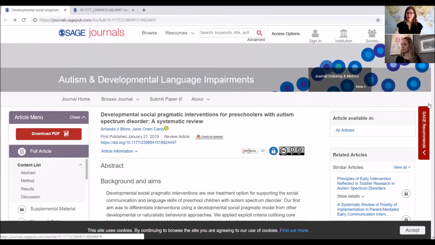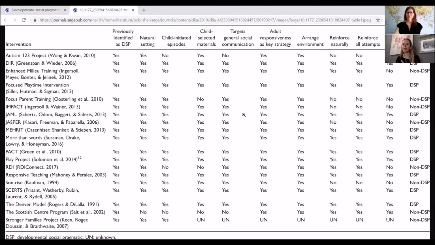So I think it would be interesting to look at all of the different core features of DSP interventions and look at which of those strategies should we be thinking about if we're making NDBI models of intervention. We've already pulled from developmental psychology and said, yes, you know what, behavior interventions need to follow a typical developmental trajectory as well. Should we also be thinking about pulling from the social pragmatic models of language acquisition? Maybe we should be